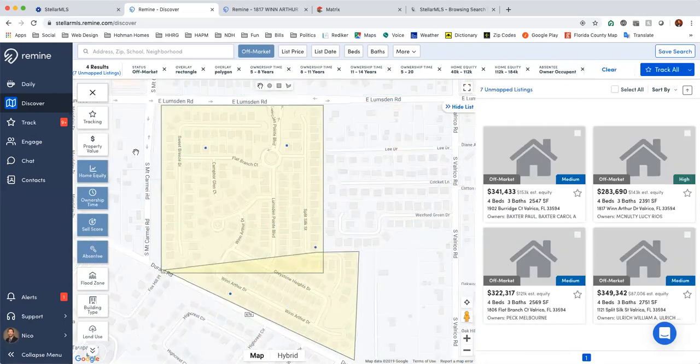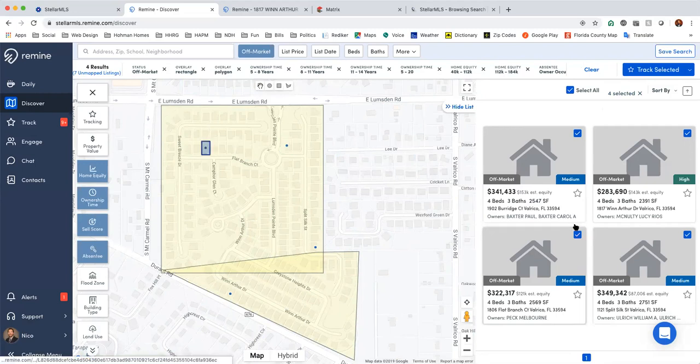Now let's say we want both medium and high likelihood of selling. So now we have these 4 properties that have a good likelihood of selling their home in this particular community. Again, they've been living there at least 5 years, have at least $40,000 in equity, they're primary residents in that particular home. I'm certainly going to be able to target these particular people. Now what we can do here is we're going to go over to our card dashboard here, and we're going to select them all, and then we're going to track these selected properties. And so what specifically are we going to do with that? So if we track them here,